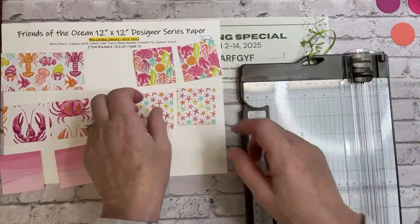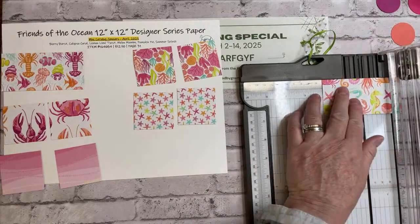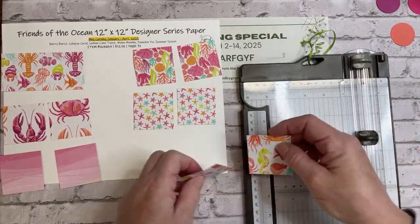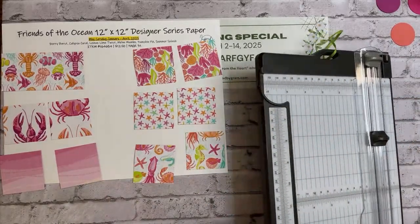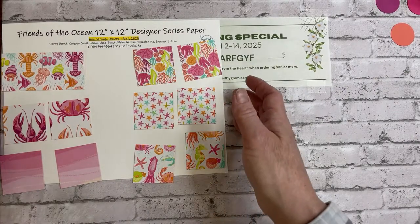I like the designer series paper charts because it's an easy way to see what the patterns look like, and also the cardstock colors too. It helps me design my classes. So once you have it all laid out here,